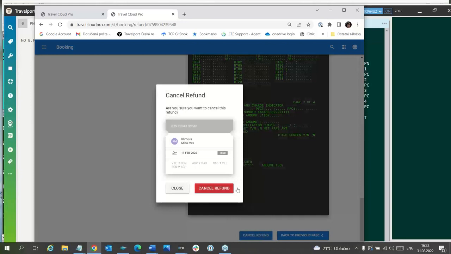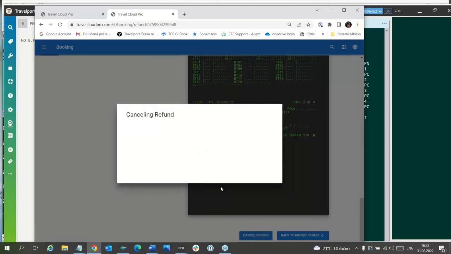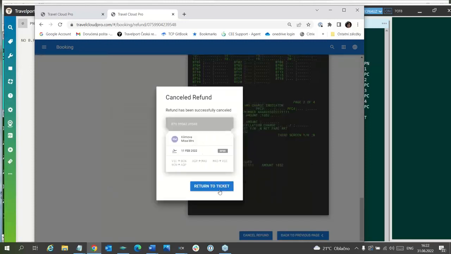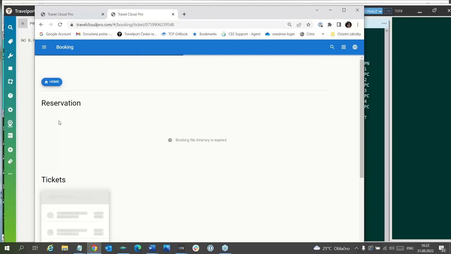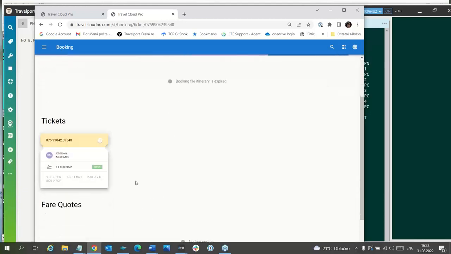So I will do cancel refund, and you will see that again coupon status will be open. Return to ticket, and now we will be here, and you can see that the ticket again has open status of the coupon.